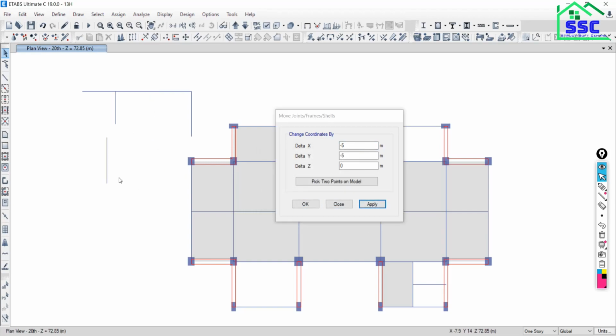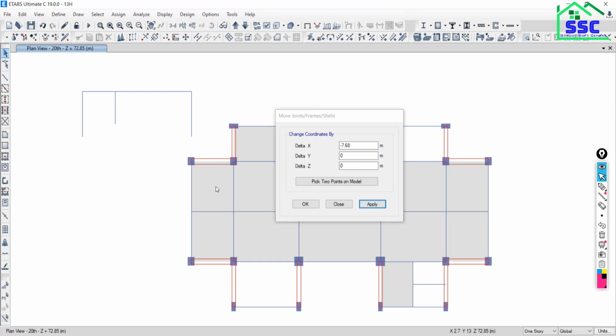Is it okay? I want to keep this beam till this point and I don't know the distance. So how to do this? Pick 2 points. Use the pick 2 points option from this point to this point. So you don't need to put the value. Just click over this point, say apply. Is it okay?